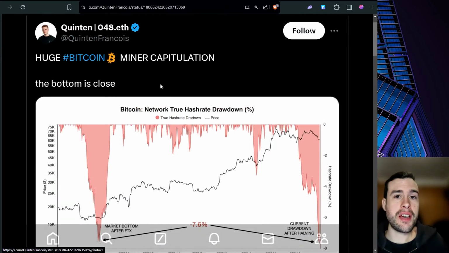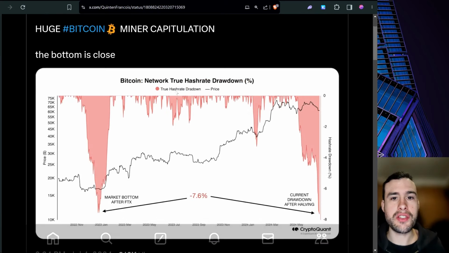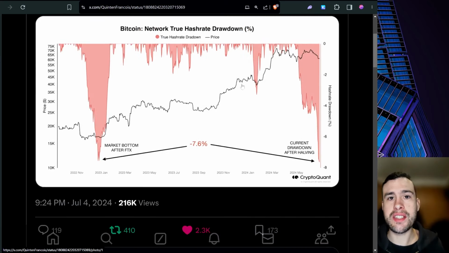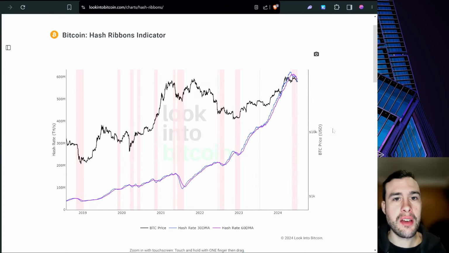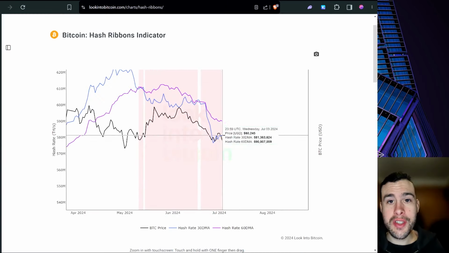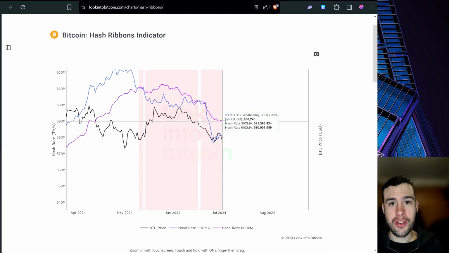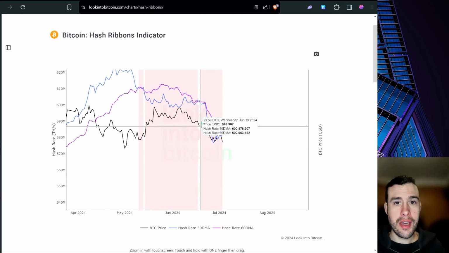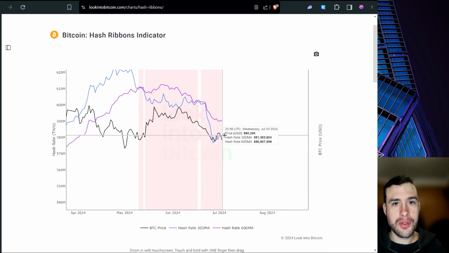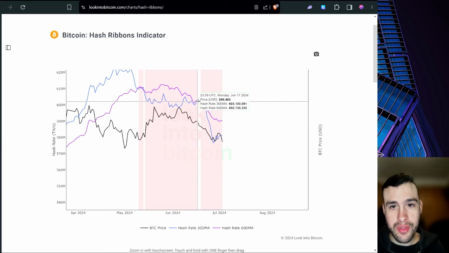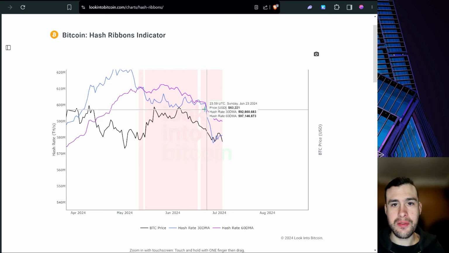And as I mentioned, with regards to the miners, we've got huge miner capitulation. So this is the network true hash rate, down all the way to here. The market bottom after FTX, that was right there, was minus 7.6, and we're pretty much at the same levels now. And we can see here on the hash ribbons indicator, we're no closer to flipping the moving averages. They're pretty far apart, in fact, and we really need to flip those and hold those so that the purple is below the blue. Right now, the purple is above the blue. You can see it was coming back a little bit on June 18th, but they just continued to